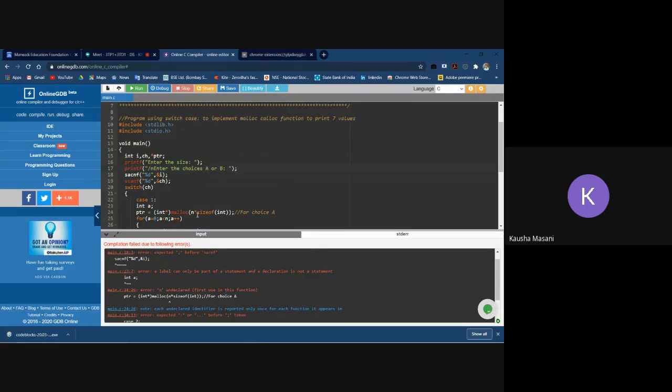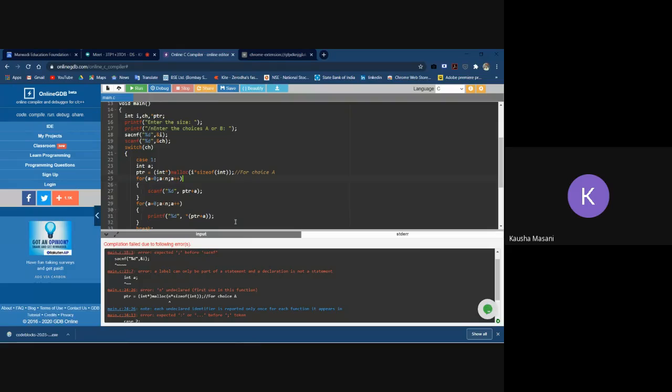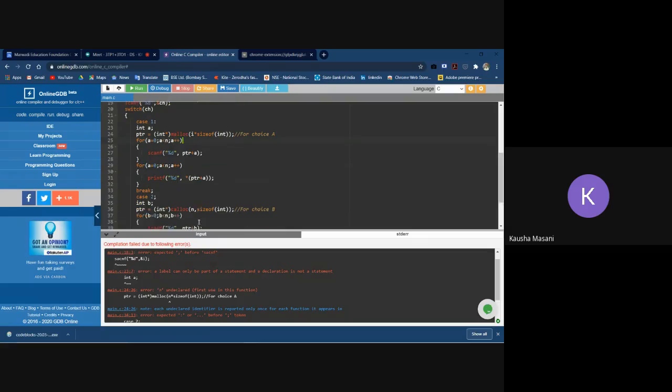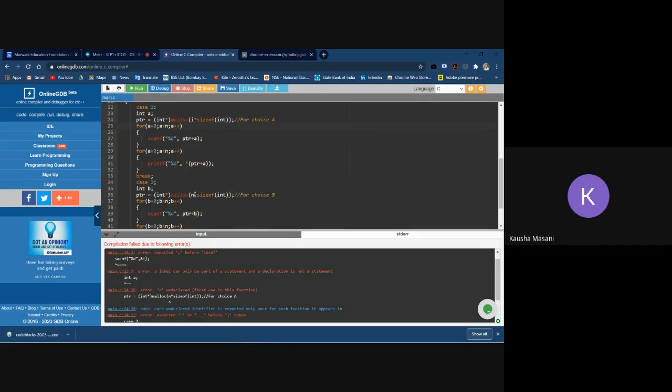Okay, you have taken i. So instead of n for size, you have taken i. Again, wherever you have mentioned n in the loops also, you have to replace it with i.